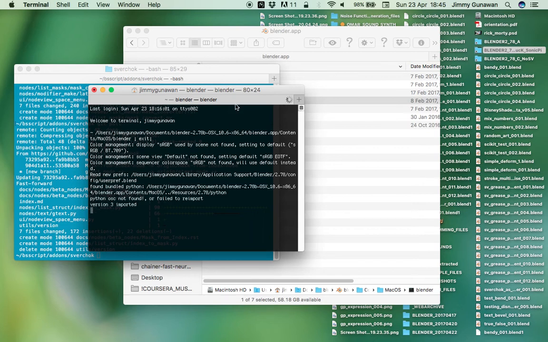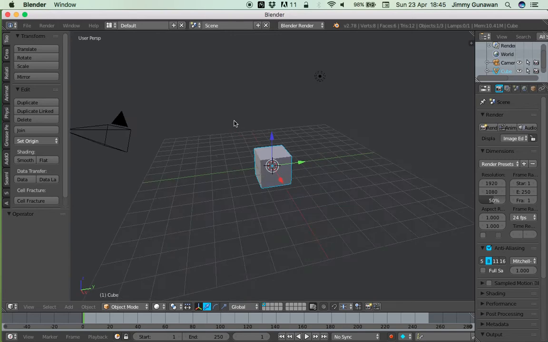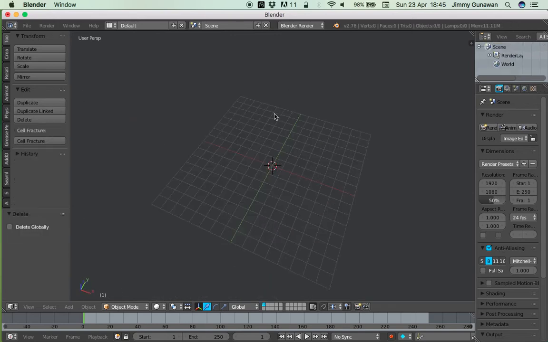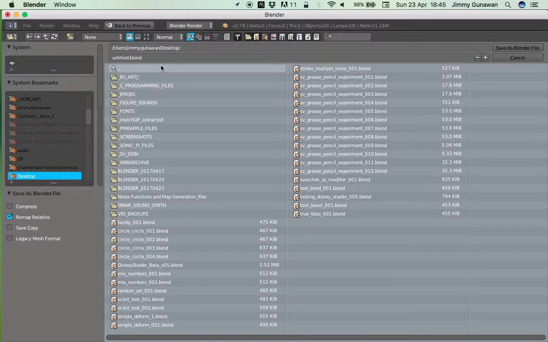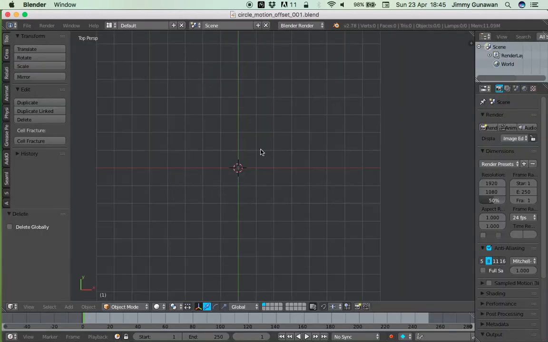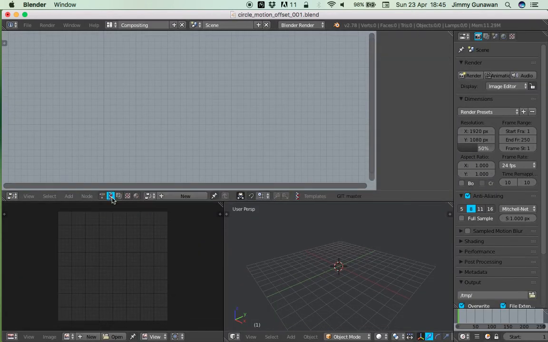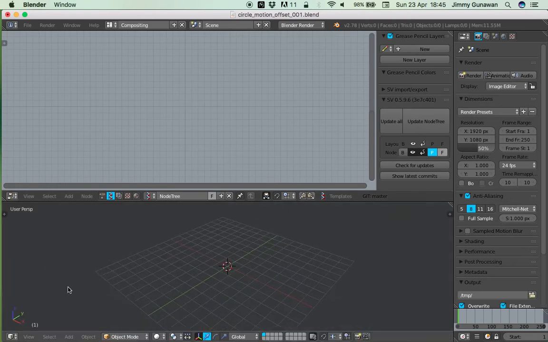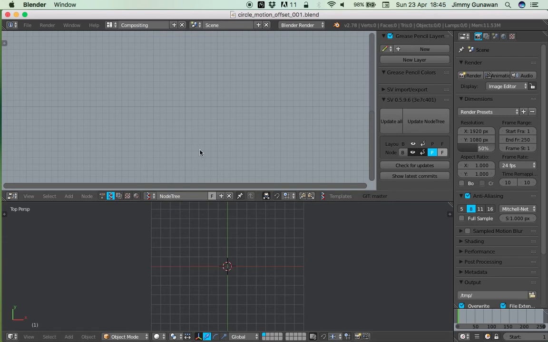So what I want to say is the actual animation and setup itself is quite simple. It's just an offset, and it's just a rotating motion. There's a little bit of math, of course, but it shouldn't be that complicated to recreate. So this is circle motion with offset, and I'll go to Compositing and switch to Sverchok Node 3 right away. Go to the top view. I'm gonna save this,